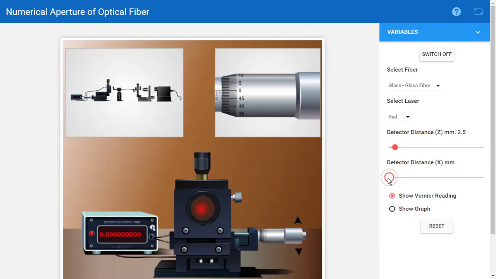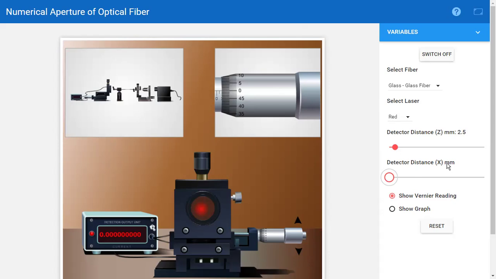Once you come to this part, you can note down here. And as you move, you can see a micrometer is given because you have to take the reading here. So the least count of this micrometer is 0.01. And you see, here also arrow marks are given. These are given to rotate the head of this screw gauge. Either you can use here or you can drag this circle to the right side to change